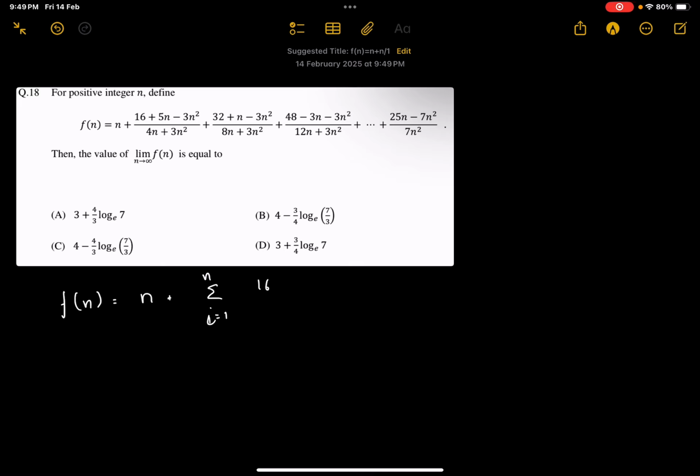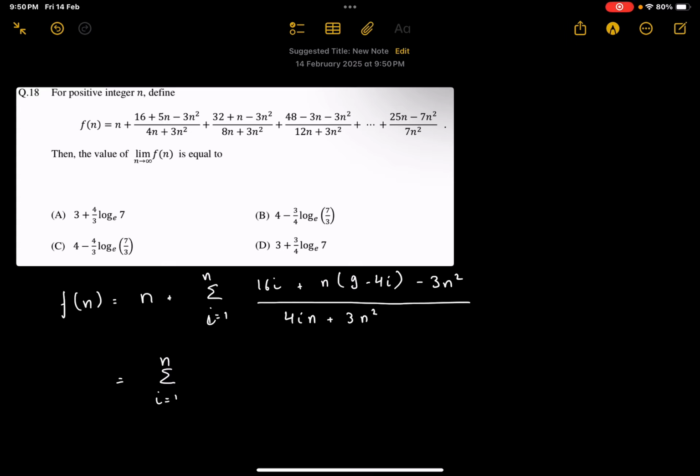The numerator is 16i plus n into 5, or rather 9 minus 4i, minus 3n square upon 4in plus 3n square. So what we'll do is we'll write this as